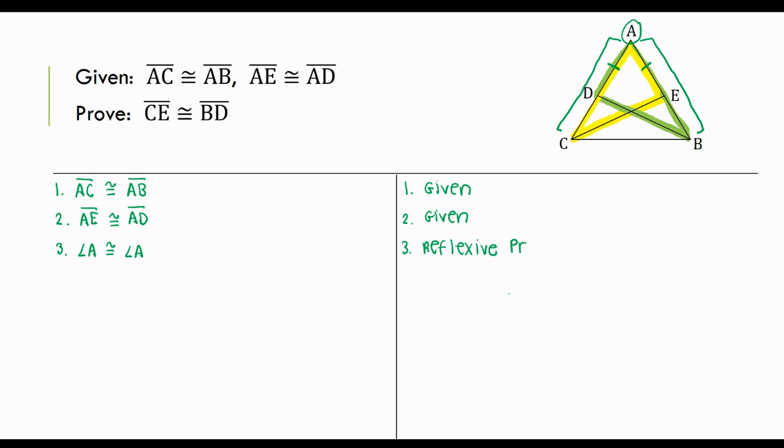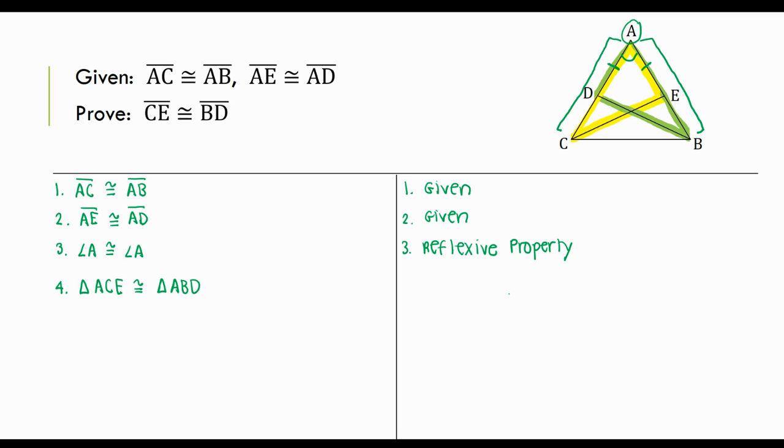So a lot of the times we've always used reflexive property with segments that overlapped, but now here we have an angle that the two triangles share in common. So now that I have that, I've got three things. Here, let me mark that. I have three things in my two triangles, and so I have enough information to prove that those two triangles are congruent. So let's say triangle ACE is congruent to the triangle of